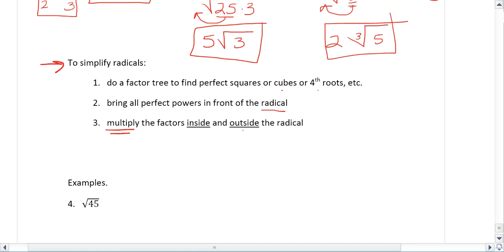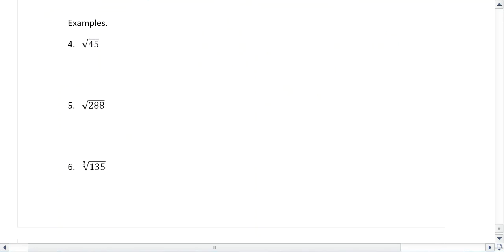If you're left with more than one factor under the radical, you do multiply them. This is all connected by multiplying. So we'll have to look at some examples where we end up with more than one factor in front of the radical and underneath. Now we want to have our factor tree method ready to go because, like I said,